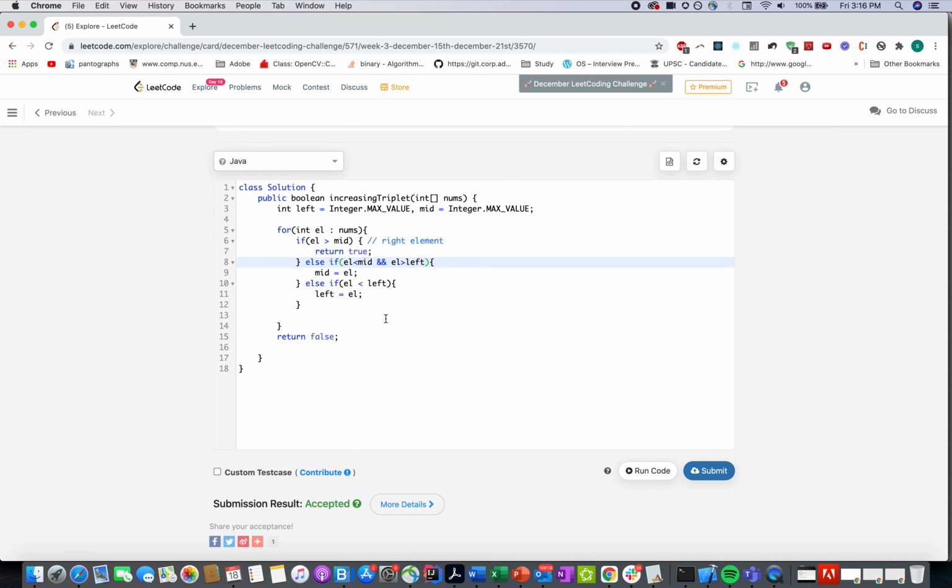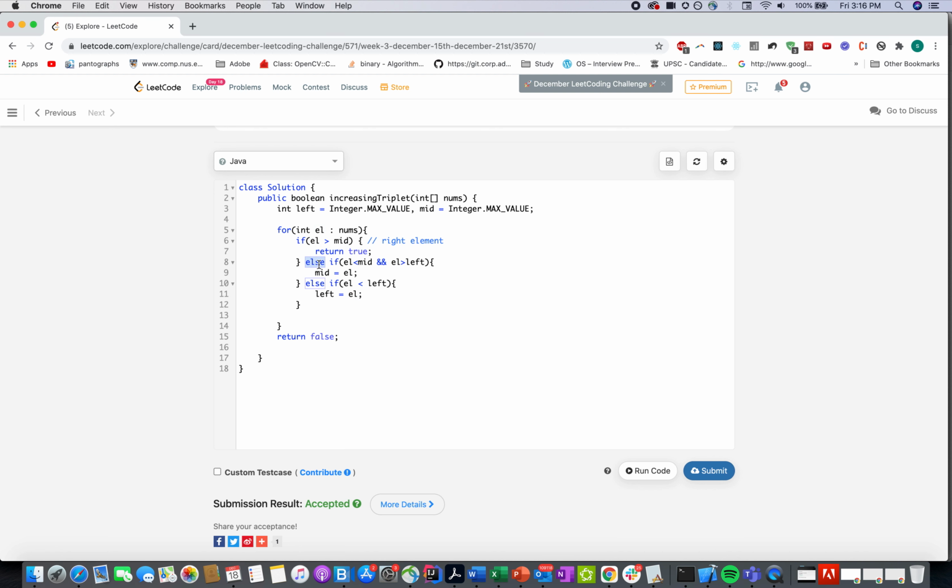Yeah. So let me just reiterate the rules here. Since you were interested in identifying two lower values out of these three, you kept two variables here, left and mid, and initialized them to the maximum possible value of integers. Then you iterate through the array, and whenever you find a case where the current element is greater than mid, that means you have found your right element, the rightmost element, and you return true from there.